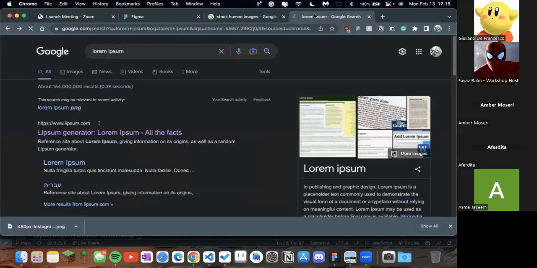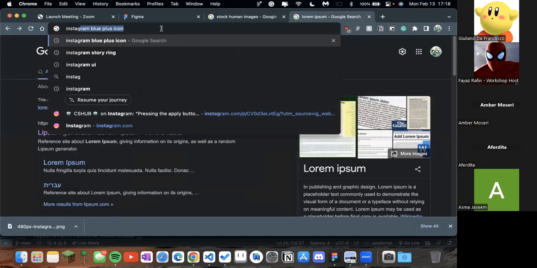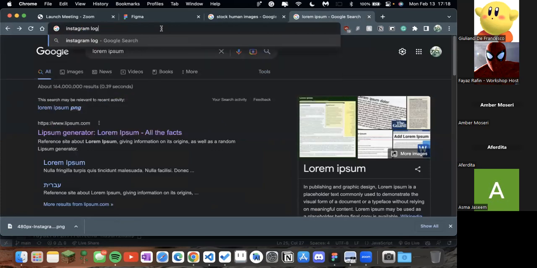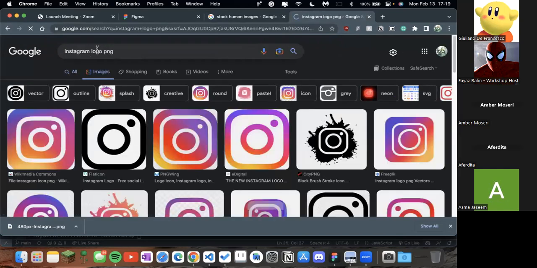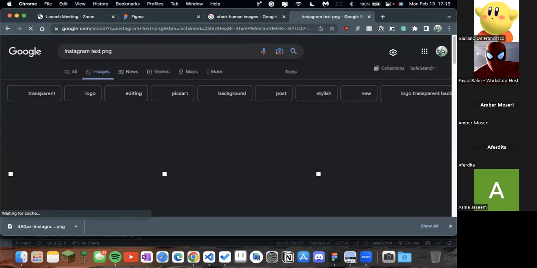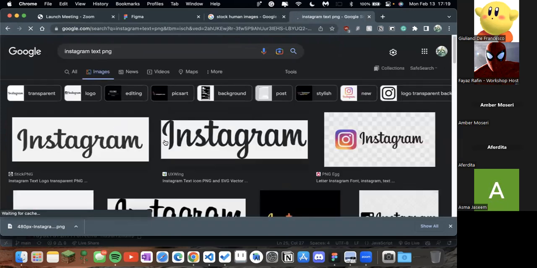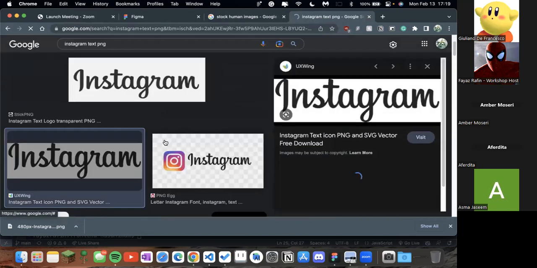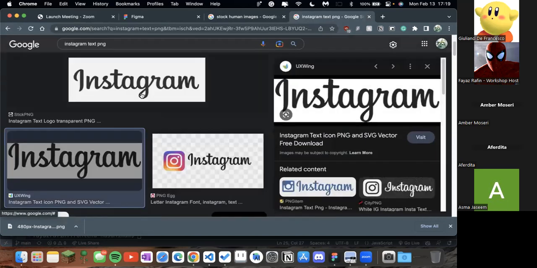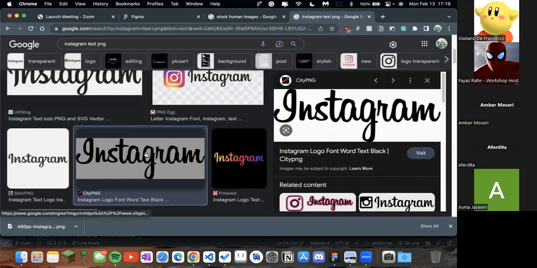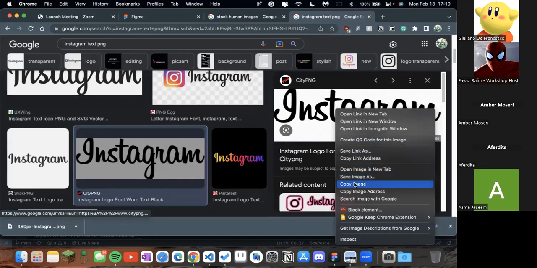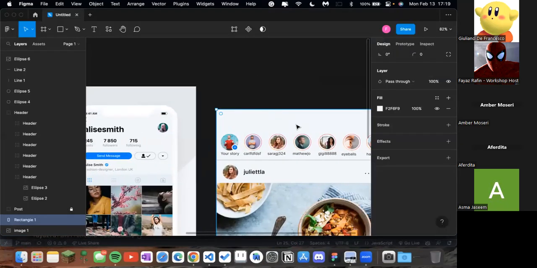But what I'm going to be doing now is Googling Instagram logo PNG. Actually, I'll just type in Instagram text PNG. Yep, there it is. I think it's this one. One way to tell if it's a PNG or not is if the background has checkers. I think this should be good if I copy this here, and if I